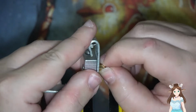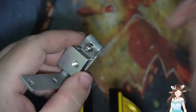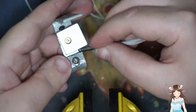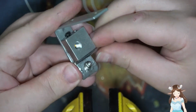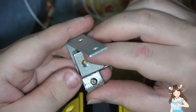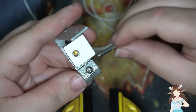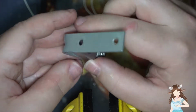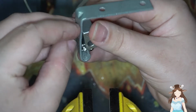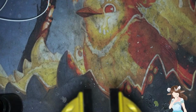Alright, so the problem I'm having right now is... if I leave this gap here, this isn't really gonna... Wait, what? Still? Oh, yeah, it'll fit still. Okay. I'm okay with this. No I'm not, because it just went bang right there. Because this is loose. I don't want it loose. I wanted it to go right up against it. Am I gonna have to redo everything? Probably. Let's get this solved before I...